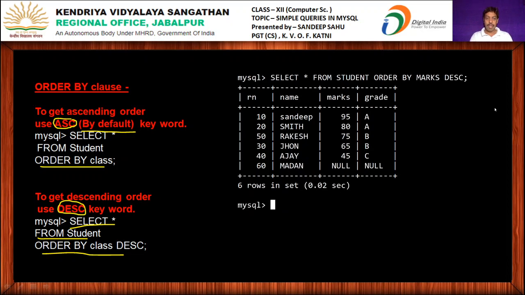And you can see marks are arranged in descending order, and along with marks all records are arranged. When I was arranging the records in ascending order, I wrote only order by marks. If you write order by marks ASC, then also records will be arranged in ascending order. As I told you, ASC is the default.